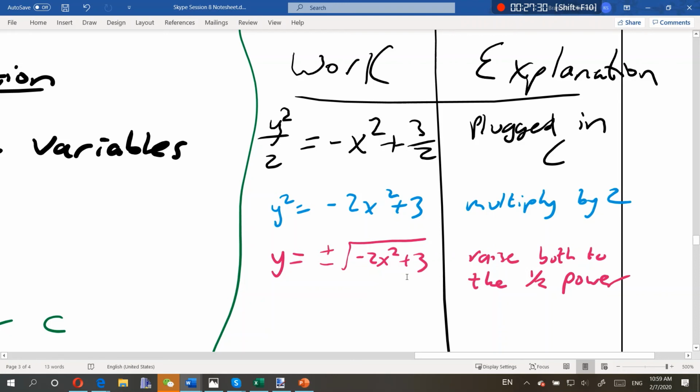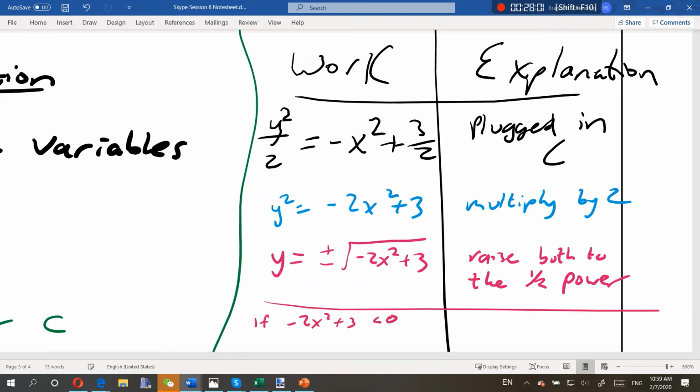If negative 2x squared plus 3 ends up being less than 0, then we're in trouble, and this function won't work. So I've actually got a limit on my domain, so the limit on which x value we can plug in. So I'm going to move this over. This will be negative 3, divide by negative 2 on both sides, which will change my sign. So x must be